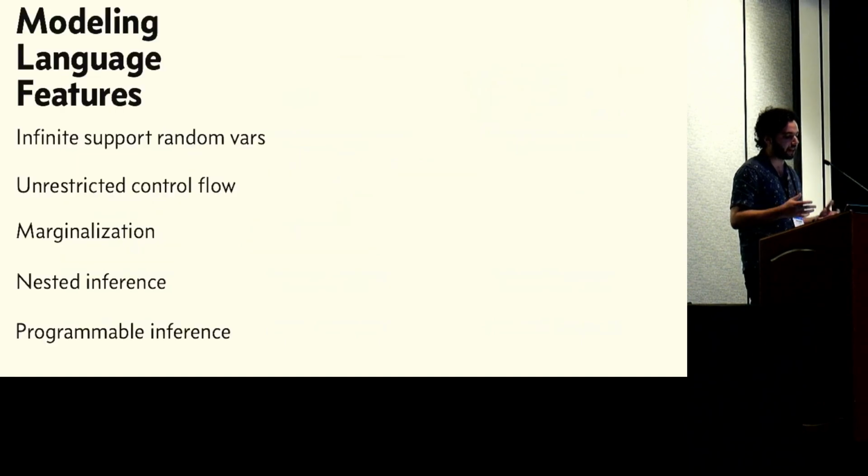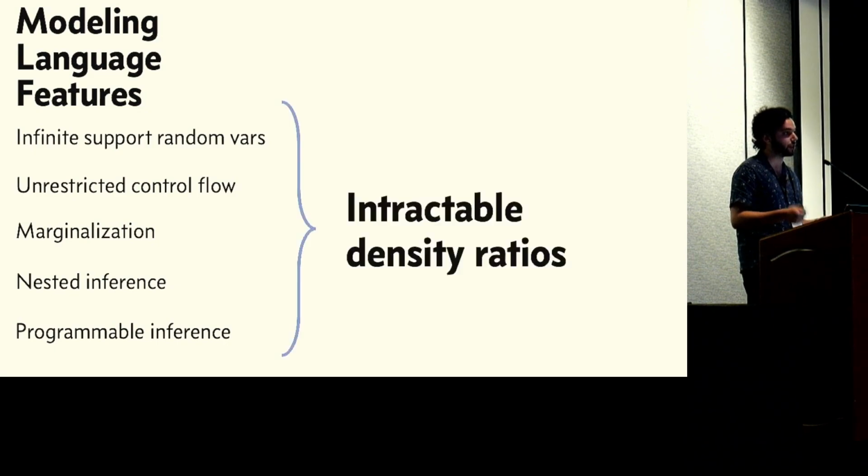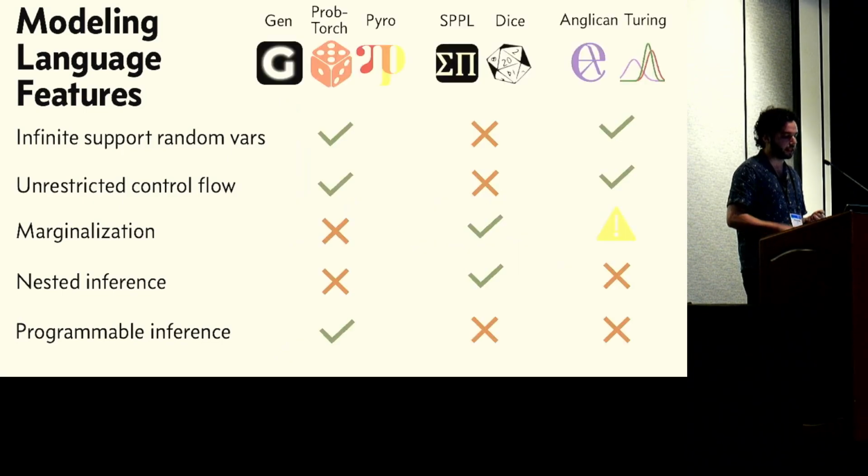What do I mean by that? Well, there are a host of language features that we would like to support to help users define their probability distributions. But if we throw them all into one language, the automation task of computing density ratios for inference becomes intractable. And so in practice, today's languages only support subsets of these features, carefully chosen to ensure that the automated densities required for inference, or density ratios, are tractable to compute exactly.